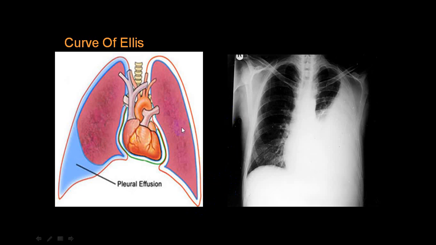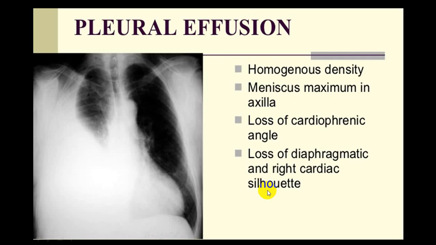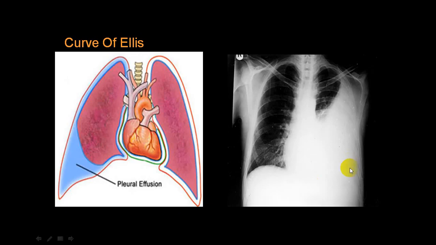Now, if you look here, there is a radiopacity. There is a slight shift of trachea to the opposite side, and a slight shift of mediastinum also to the opposite side. This radiopacity has what we call a crescent sign, or meniscus sign. Can you see this meniscus sign? This is the meniscus. And on that side, the costophrenic angle and cardiophrenic angle you cannot make out. That border you cannot make out. The diaphragm curvature you cannot make out. This has to be pleural effusion.